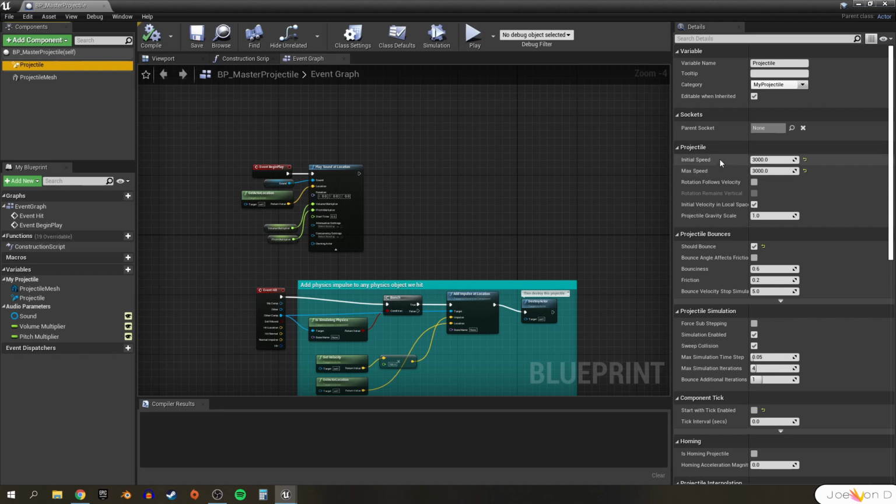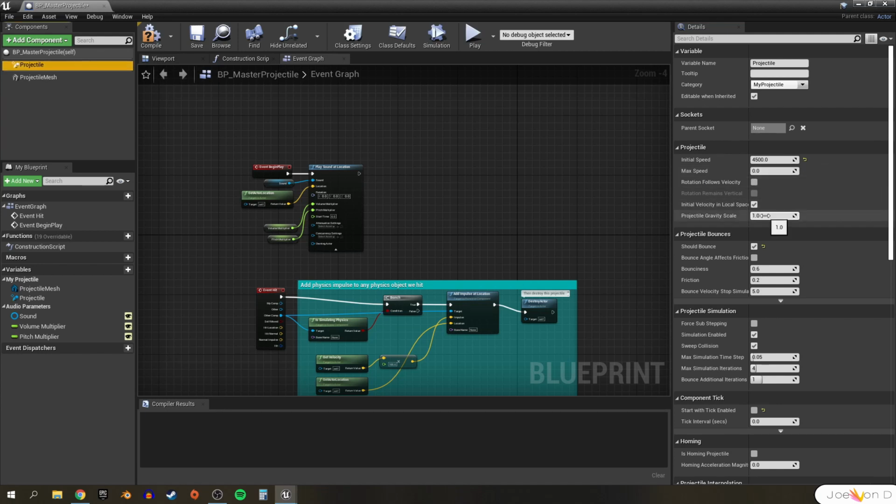The initial speed variable is a little bit low. In fact, let's go ahead and change that to a value of 4,500. This is the initial speed that the projectile fires when it's spawned. For our max speed, this is the maximum speed that our projectile will ever go. And I actually don't want to have a maxed value for this, and we can change it to 0 in order to not have a cap on our max speed. As you can see, if you hover over it, it'll give you the details, and it says that 0 means no limit on the speed. That's in case we shoot downward and maybe the projectile picks up some speed. We don't really want to have any cap on how fast it goes.